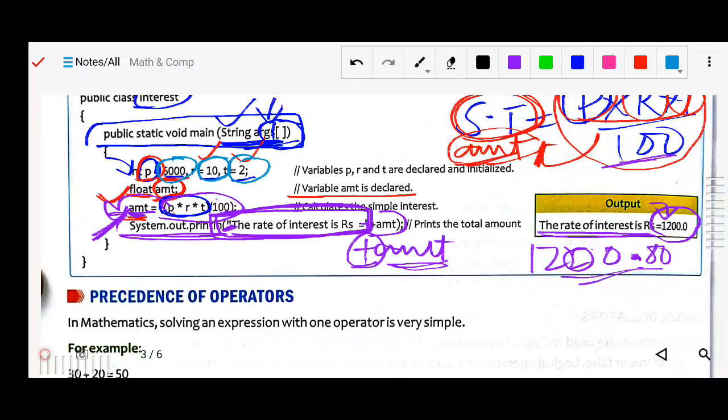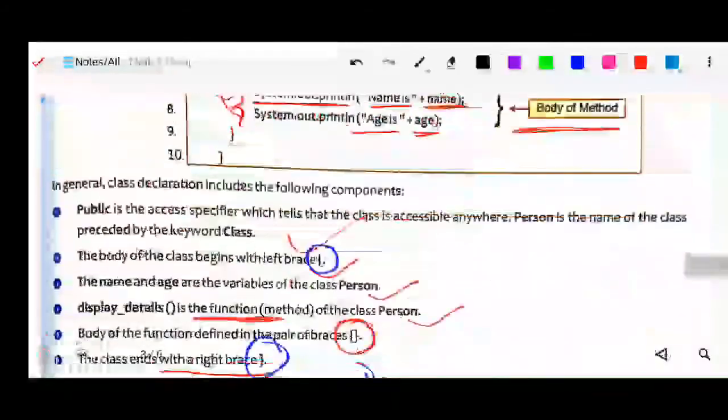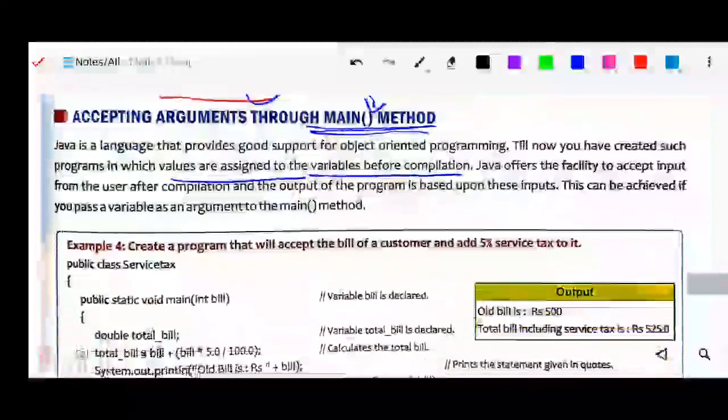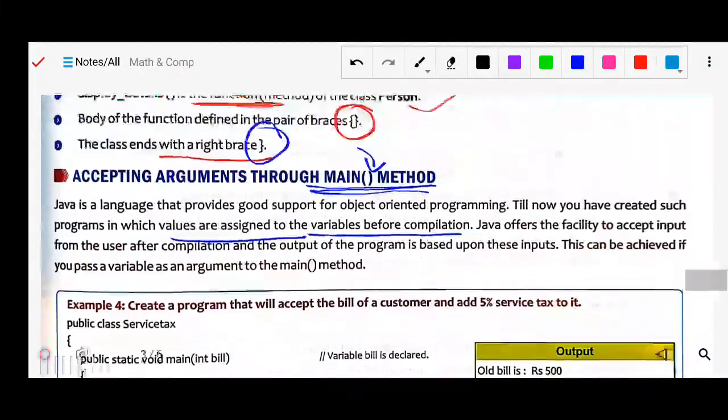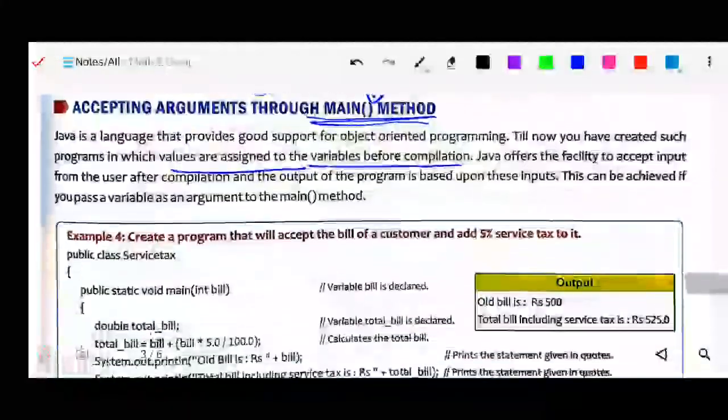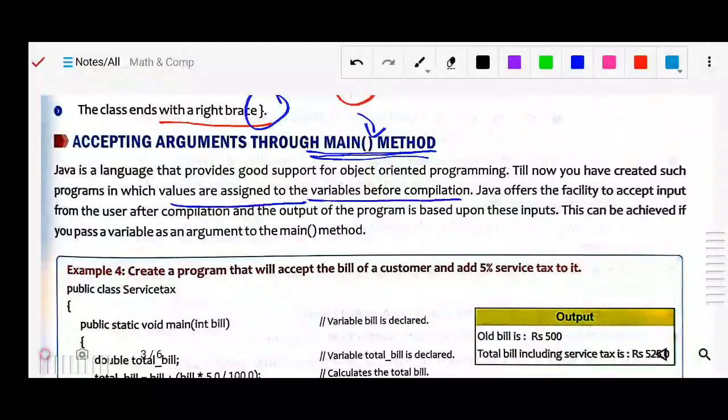But now, when we pass it through the main method, we are accepting the arguments through the main method. Here we are giving the value after the execution starts, when the process starts, we will give the value.